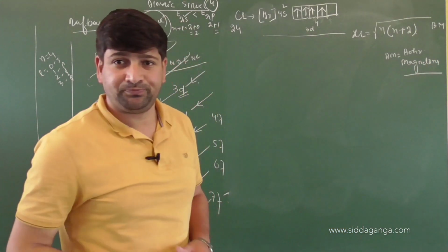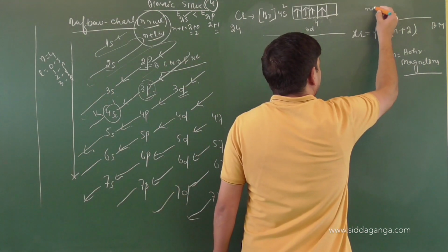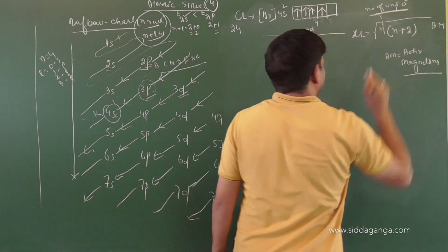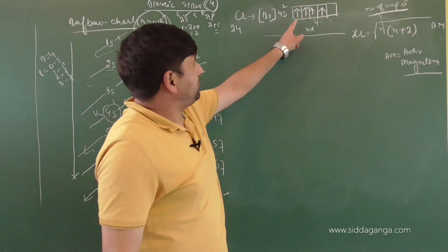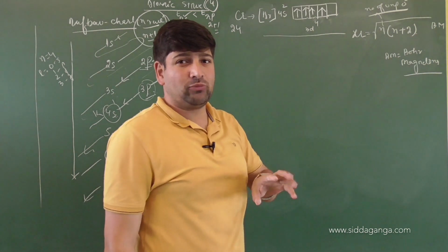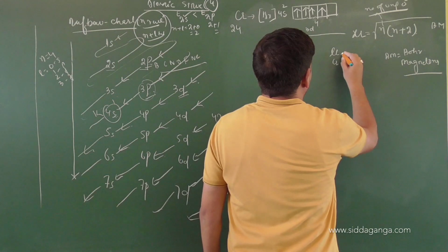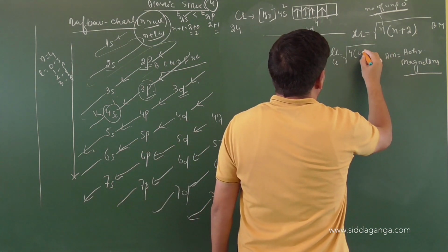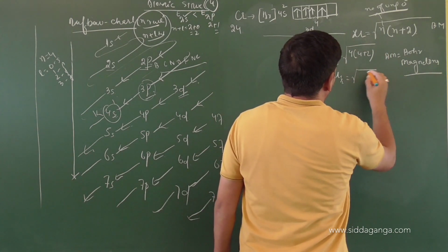Bohr magnetons. And this n stands for the number of unpaired electrons. According to logic, the number of unpaired electrons is 4, and we expect the magnetic moment due to the 4 electrons. So the magnetic moment of chromium should be root of n(n+2), that is 4 into 4 plus 2. That makes it root 24.